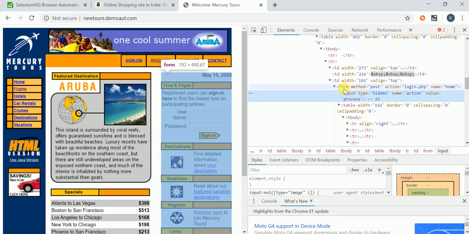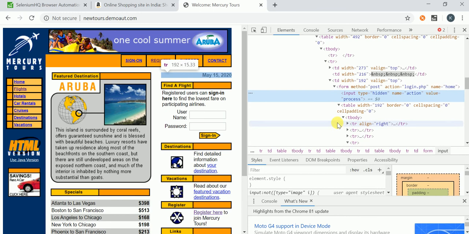So a few of the things we have discussed about HTML. What we have learned here: what is parent, what is child, what is grandparent, what is grandchild, what is tag name, what is attribute, what is attribute value, what is the link text. This all we have seen so far, okay?